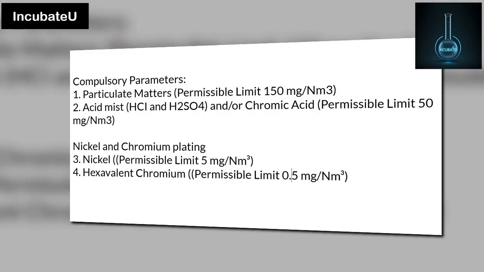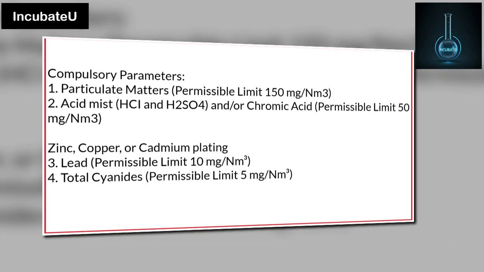Above all, it is very important that you must look into your consent conditions, the consent to operate, the consent to establish, the conditions specified by the State Pollution Control Board or the respective Pollution Control Committee, wherever you are, in which state and which union territory you are. As per the consent condition, you have to understand what the requirements are. If there is any kind of confusion, you must consult your State Pollution Control Board or Pollution Control Committee and get a confirmation from them